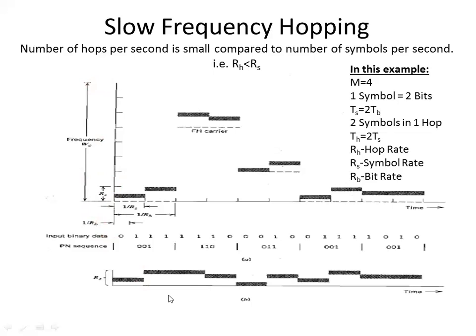Now let us look at the time axis. Here we have a PN sequence. You can observe the PN sequence given here. This is the PN sequence of length 15: 1, 2, 3, 3 plus 3 is 6, plus 3 is 9, 12, 15. These bits of the PN sequence are grouped such that there are 3 bits in one group. And this 3-bit pattern will decide the frequency of hopping.